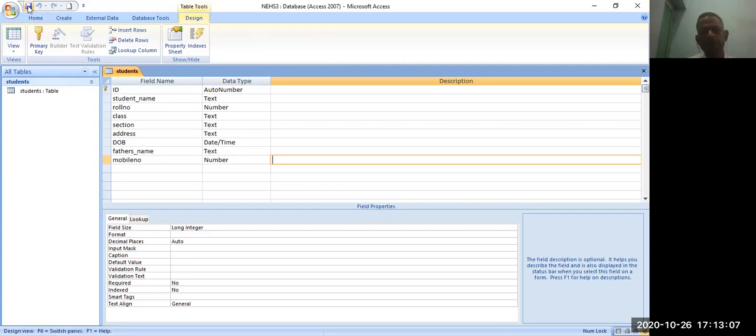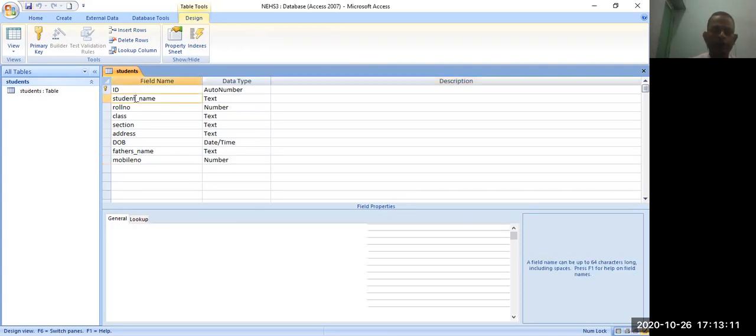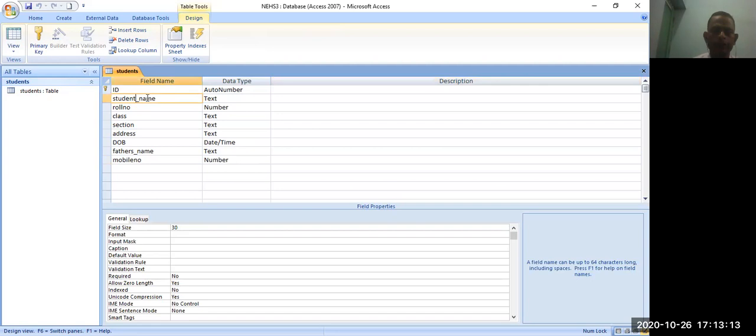Now, when you click on a particular column, a particular field, you have already checked the data type. You can see here the field properties. We have set the field size to 30. It should not be more than 30 characters, so the user will not be able to enter more than 30 characters.